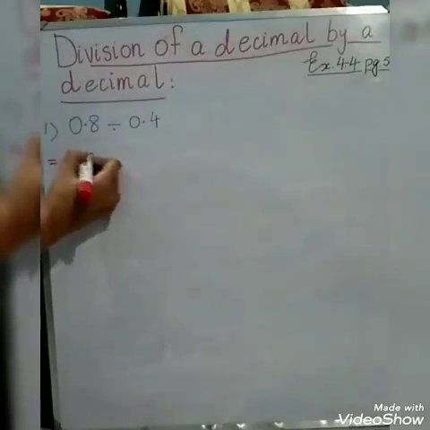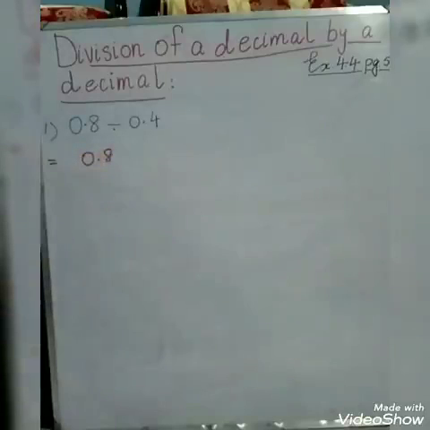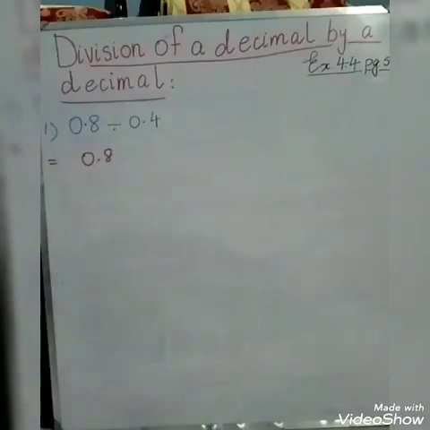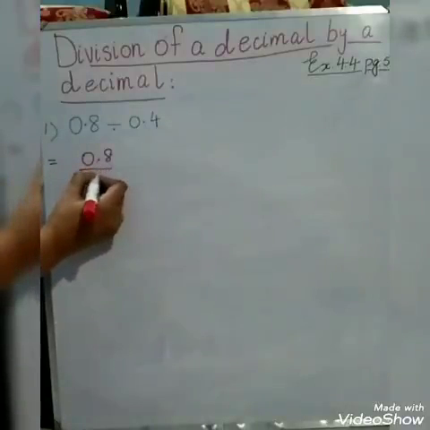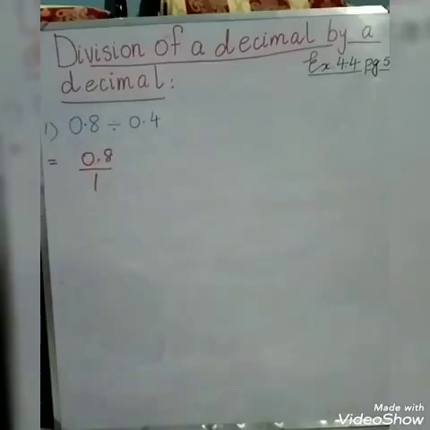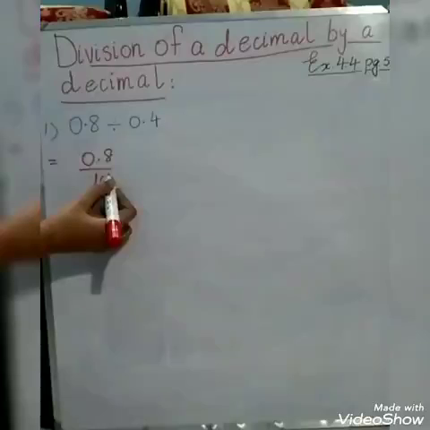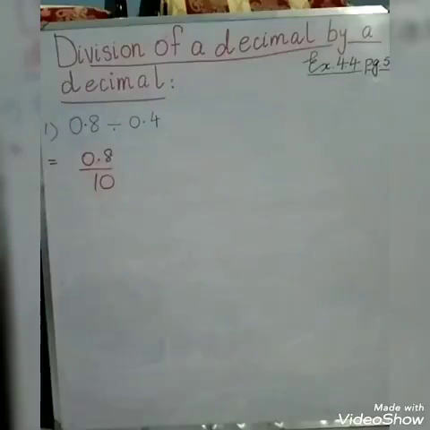So we know here we have 0.8. When you remove a decimal, in denominator we put 1. And we see how many digits are there after the decimal. So here we have only 1, as you can see, it's only 8. 1 digit after the decimal. So we will put only one 0 with 1 in the denominator.